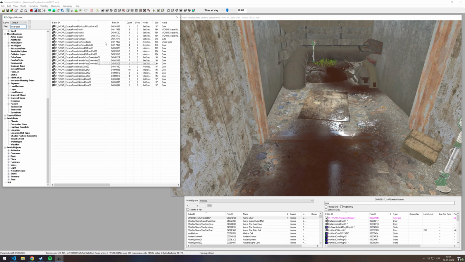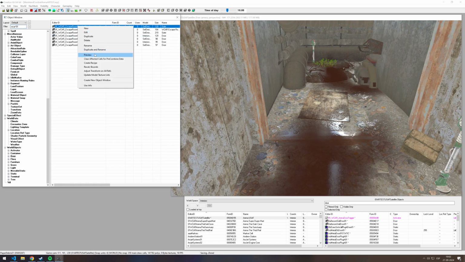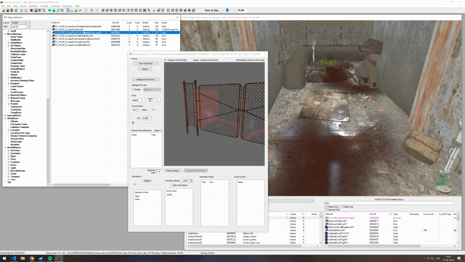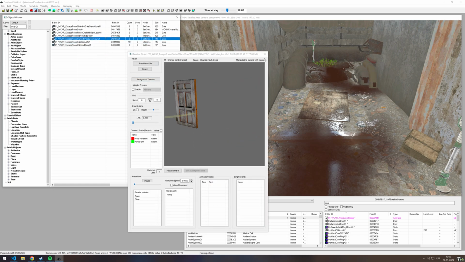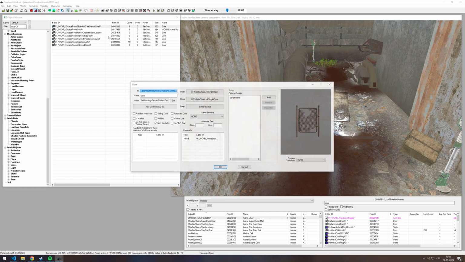So basically you're going to see a lot of doors labeled with 01, 02, 03, and these are the doors that you can add into the arena. So we're going to filter by 01, and if you preview these, they are basically the normal doors of the game that I duplicated. But the difference is, if you take a look at this, you're going to see this keyword here. So if you want to use a different kind of door, you can duplicate a door, but include this keyword